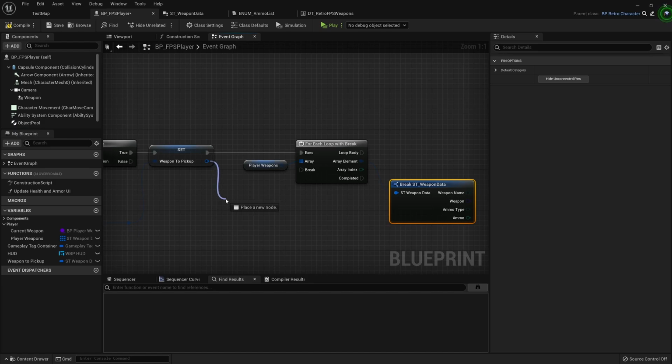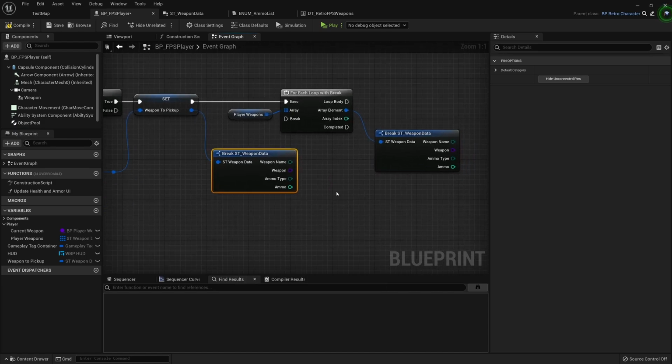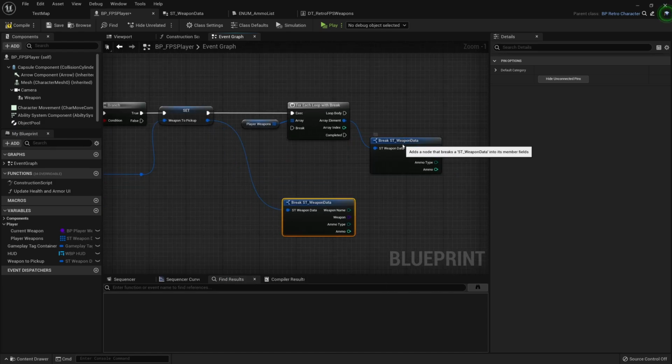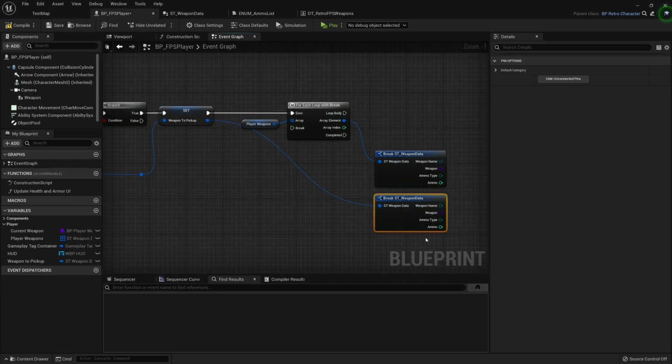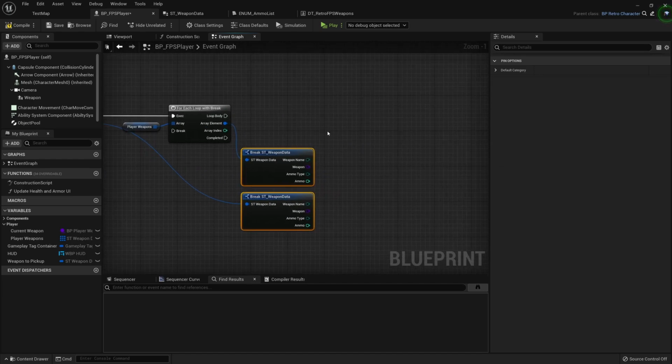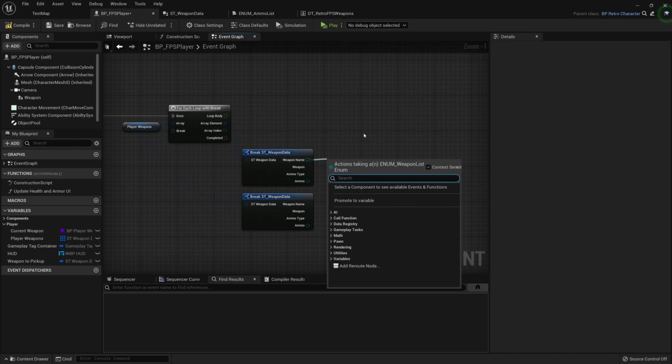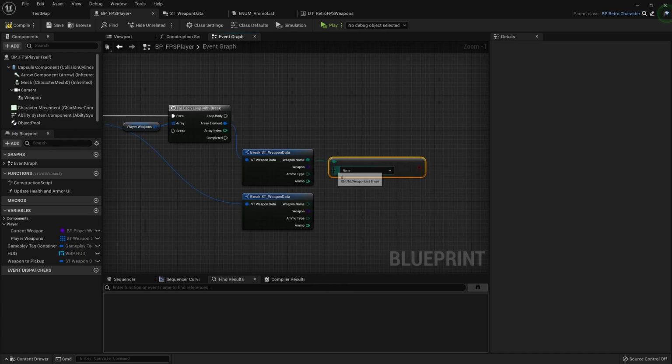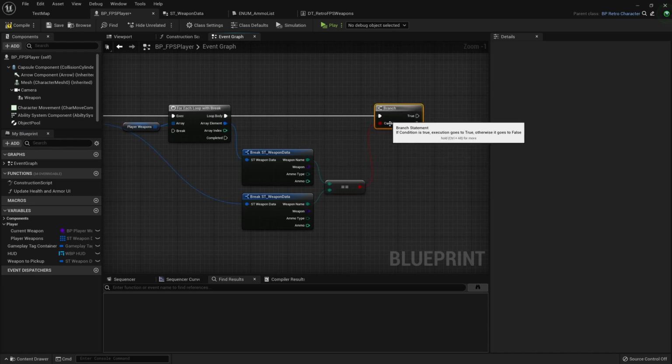And so I'll do that for both of these because we just want to test and see if the names match. So again, the weapon name. We'll do an equal enum, and we'll just test these 2 names, and we'll branch out. And that will be connected to the loop body.